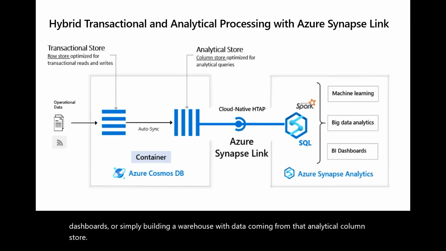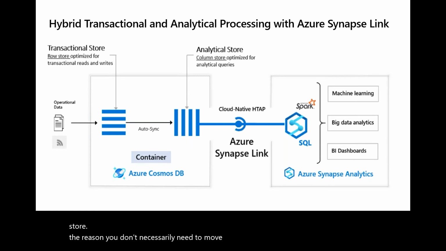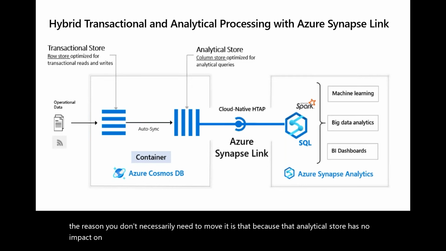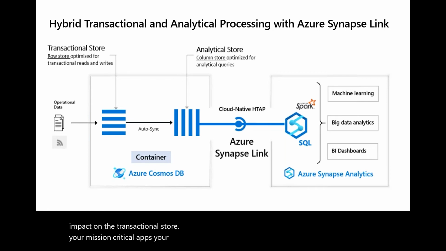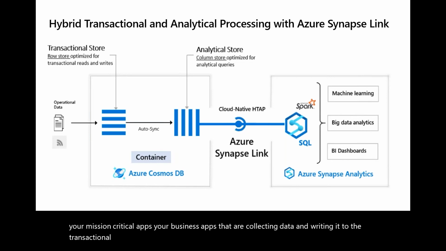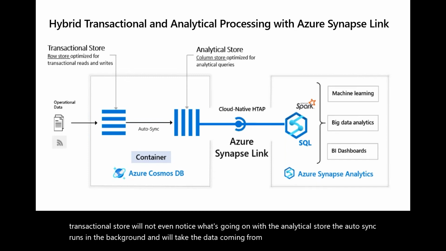The reason you don't necessarily need to move it is that because that analytical store has no impact on the transactional store. Your mission critical apps, your business apps that are collecting data and writing it to the transactional store will not even notice what's going on with the analytical store. The auto sync runs in the background and will take the data coming from transactional and build a column store